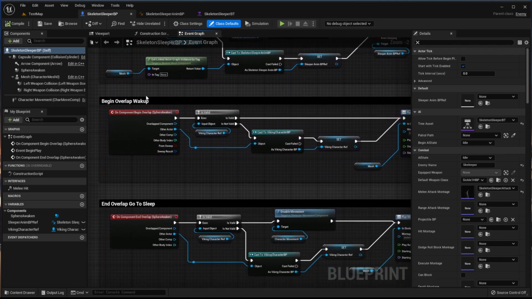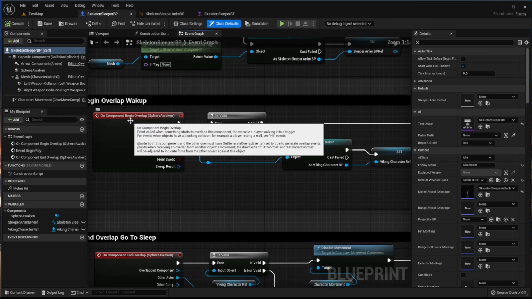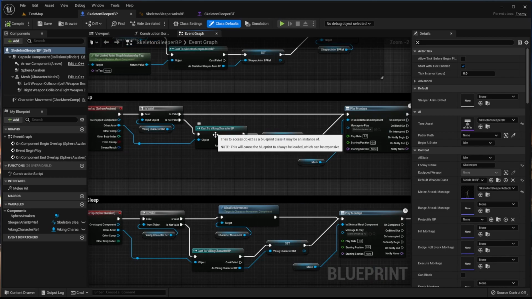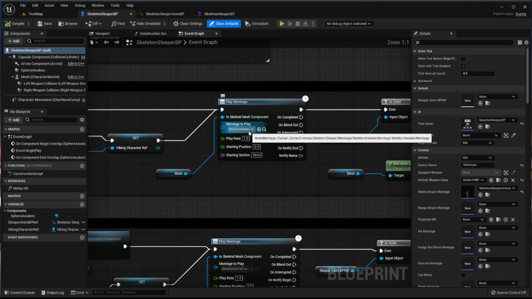Now, to begin overlap, this is just an on component begin overlap. Get the Viking character reference, check to see if it's valid. If it's not valid, then I cast to the character blueprint, and then I set the Viking character reference. And then what I just do is play montage. This is the sleeping awake montage,